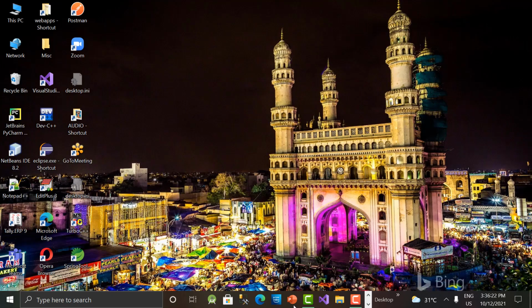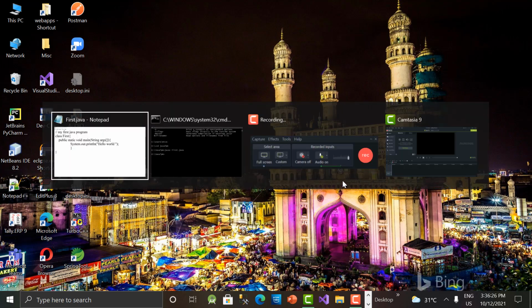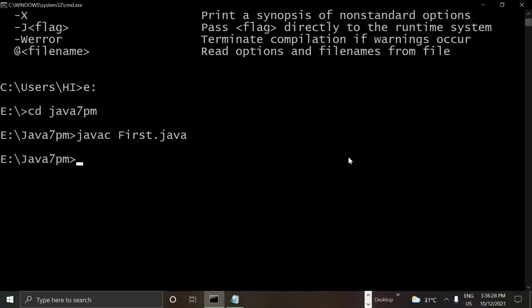So let's close it and go back to our command prompt and try to execute our program, because compilation is done successfully. Now we need to run. How to run? Just by typing java space file name, enter. That's it. You need not write .java here. It's java space file name without extension. Press enter. Then you will see the output. So this is the way to execute a simple Java program which is printing hello world. Okay, so here I have used command prompt and Notepad as IDE.